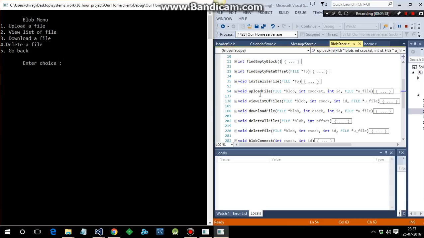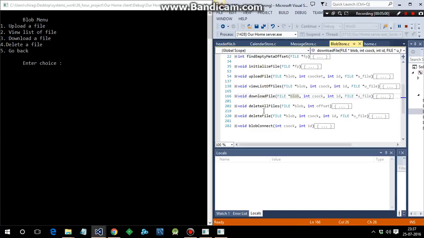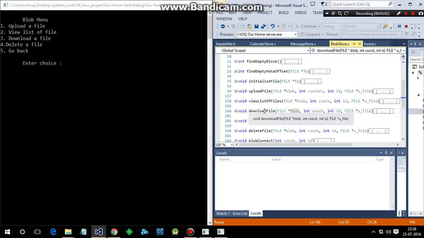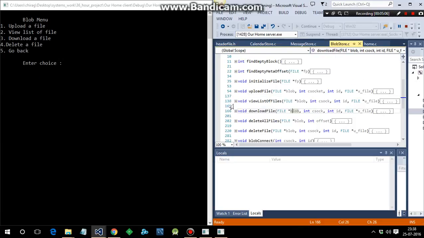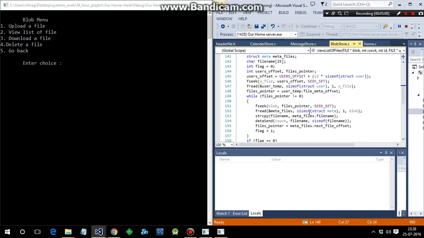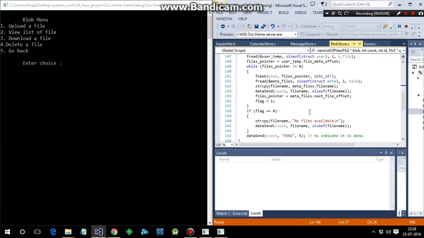How I did this was I'm using the bit vector for that. While displaying the files, I'm checking. Wait, let me show you the function, view list of files. So on deleting, I delete the link between that file and the